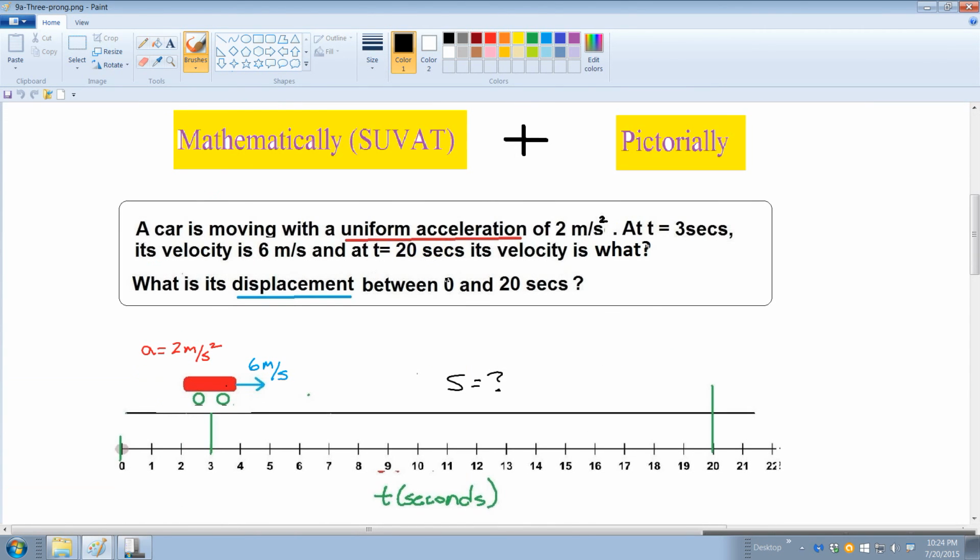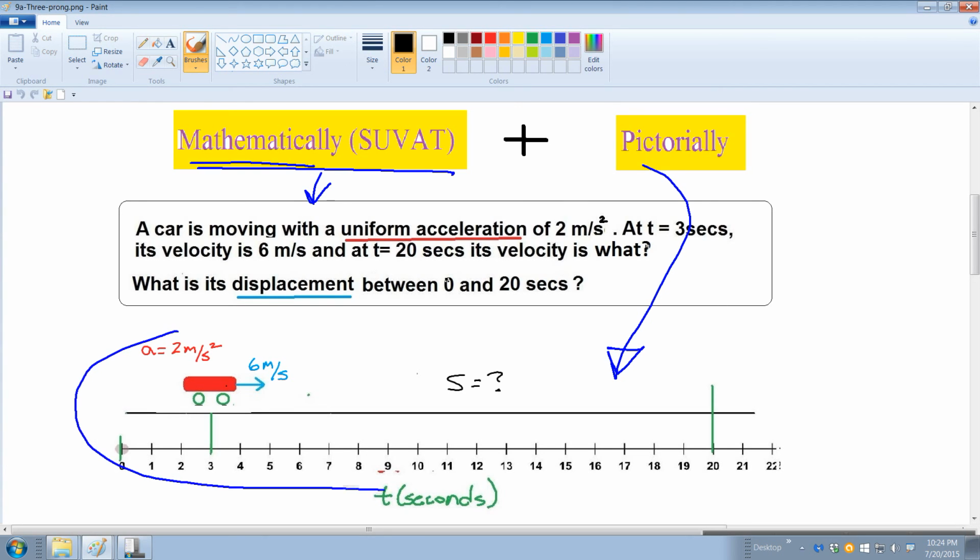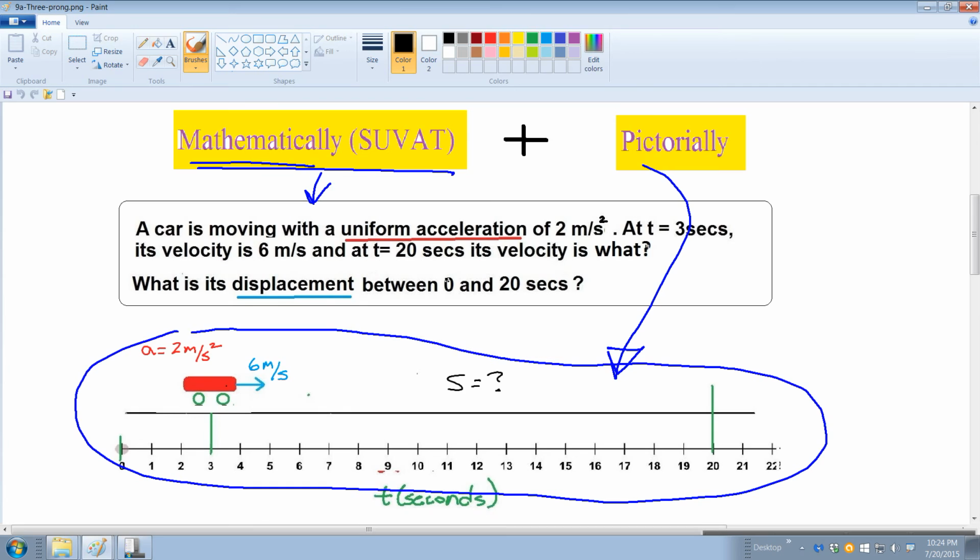So you can do your SUVAT method, which is really mathematical, and draw a picture with it. That does help. But like I said, I did that with the first problem. But like I said, you don't want to do that when you have a test. But when you're doing your homework and you really want to get a visualization and imagery of what's going on,